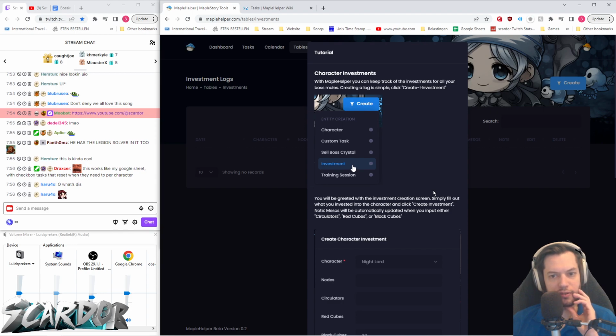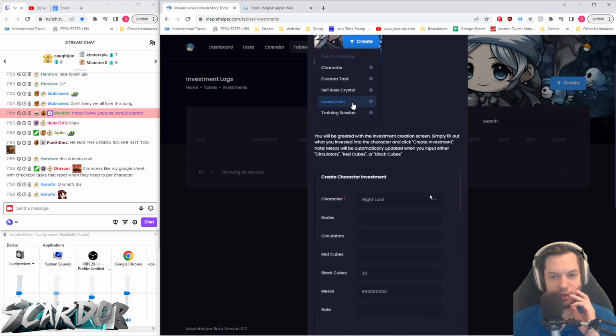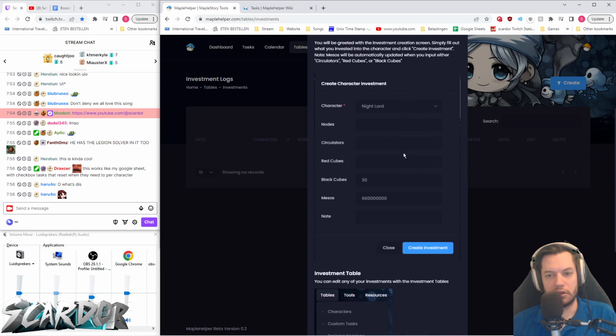Character investments. With Maplehelper, you can keep track of the investments for all of your boss mules. Creating a log is simple. Click Create Investments. You'll be greeted with the investment creation screen. Simply fill out what you invested into the character and click Create Investment. Note, messages will be automatically updated when you input either circulators, red cubes, or black cubes. Should be